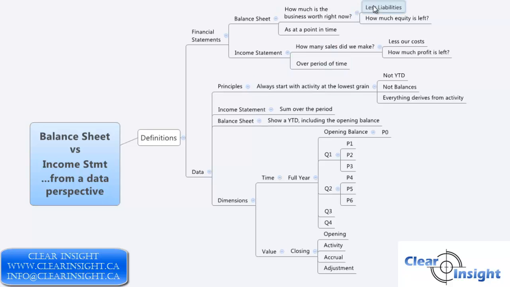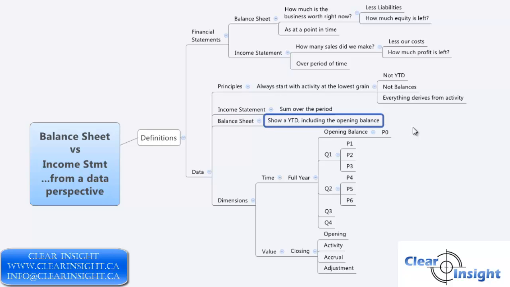So just to recap, we talked about the financial statements. What's a balance sheet? What's an income statement? A balance sheet is a point in time. Income statements are over a period of time. We always want to start with activity at the lowest grain, not year to date, not balances. Everything derives from activity. From a data perspective, if you're looking at tables or cubes, an income statement is going to sum over the period, where a balance sheet is really going to show the year to date, including